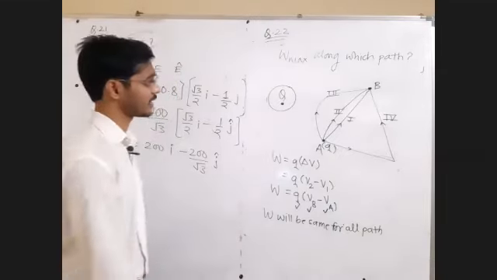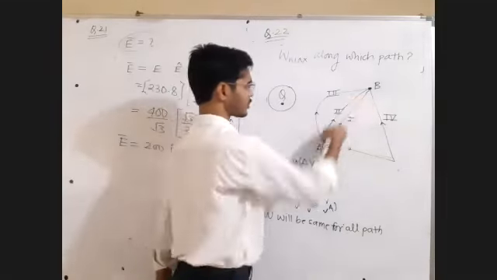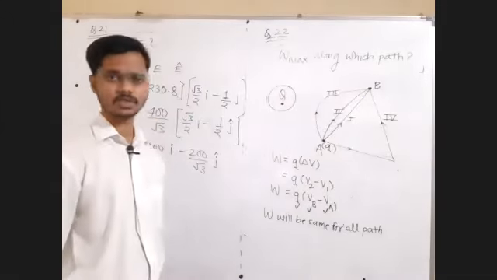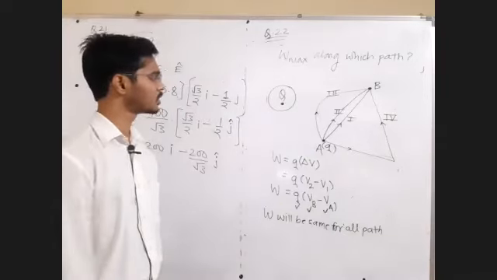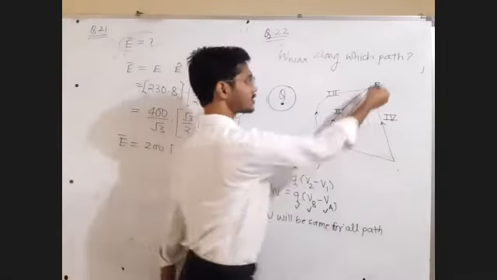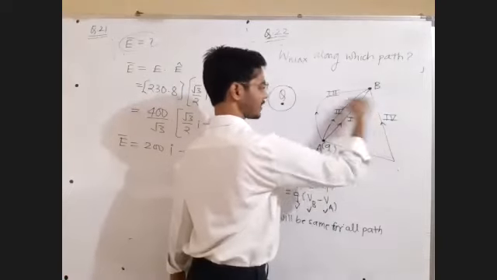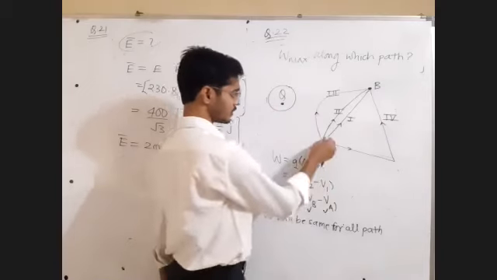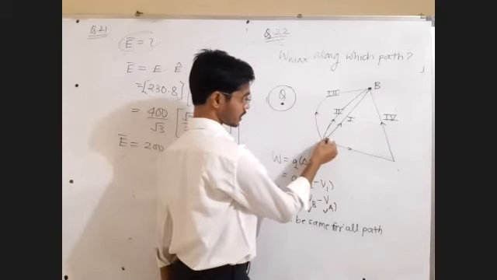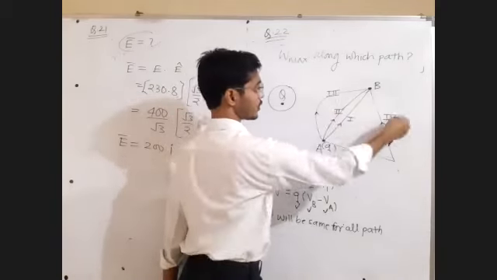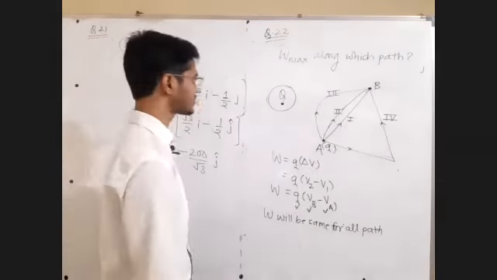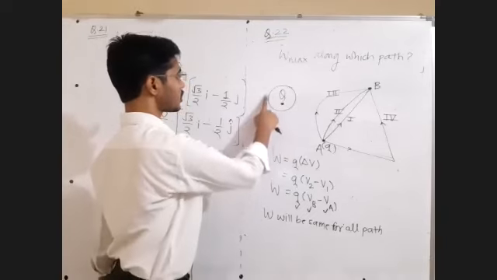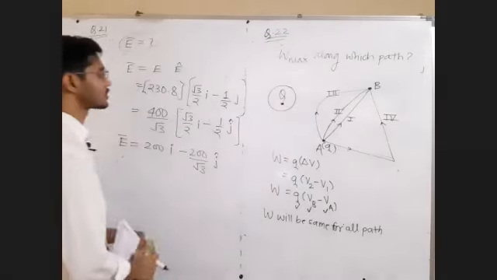But now, it is one charge that has been moved along different paths, and you know this is a conservative field. Electric field is a conservative field, and the work done to move a given charge from the first point to the second point does not depend on the path if the field is conservative. Yes, the electric field produced by the given charge is going to be a conservative field. Okay, try to understand.